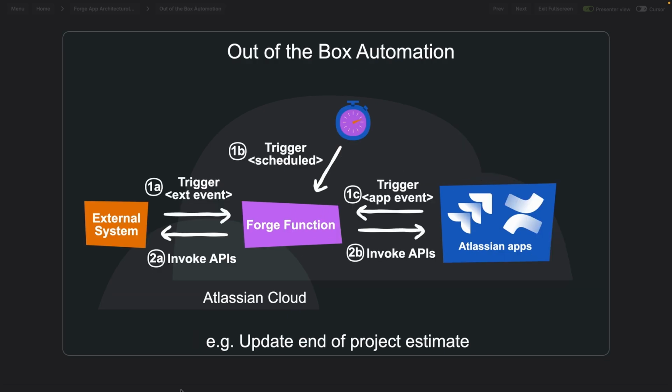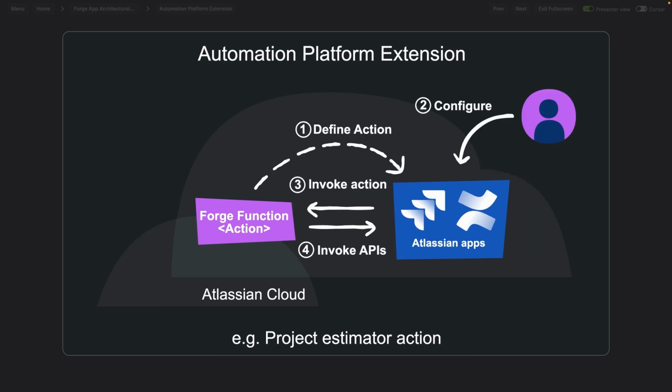There are two main ways the Forge apps can create automations. Out-of-the-box automation refers to the ability of Forge to completely implement an automation. This typically involves two main phases: waiting for a trigger and then performing an action such as invoking APIs. Alternatively, a Forge app can define an automation action that users can incorporate into automation rules. For example, an app may implement an action that fills in a custom field whenever a Jira work item is